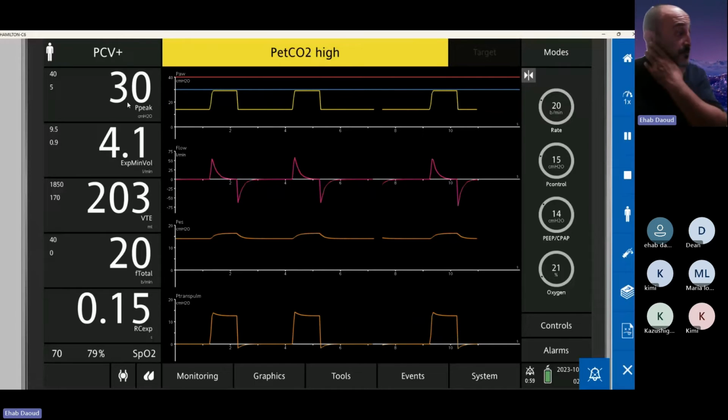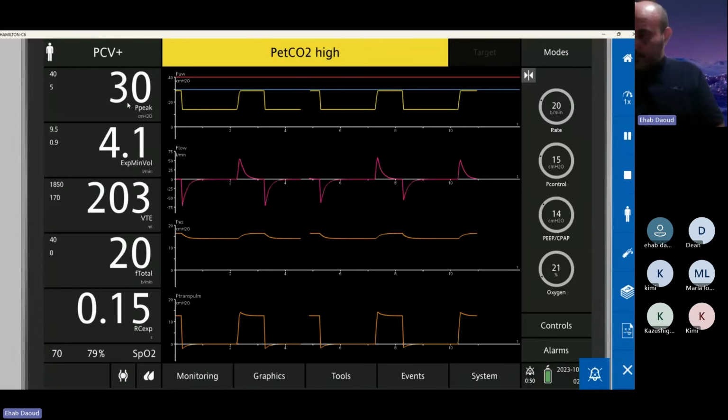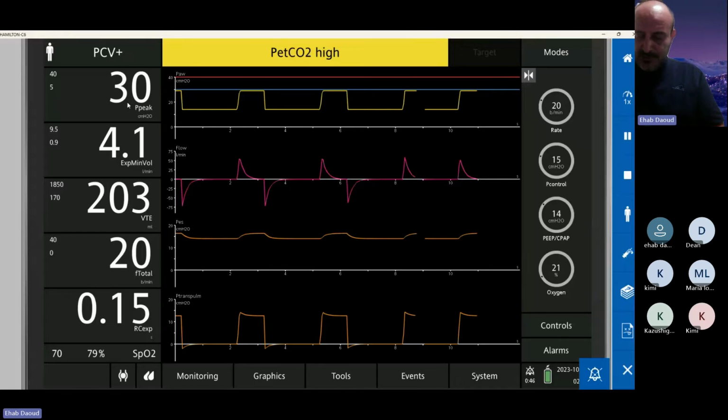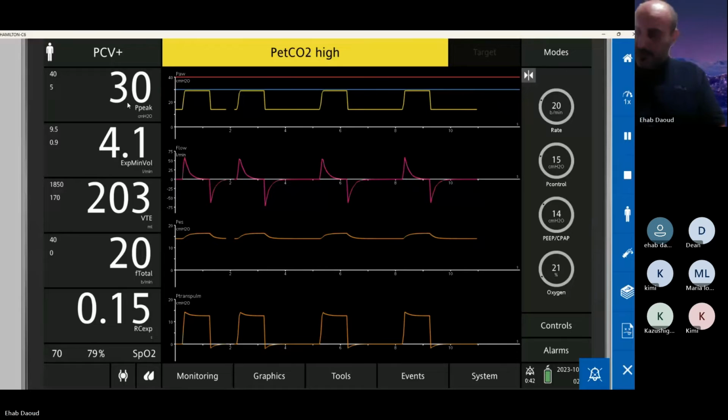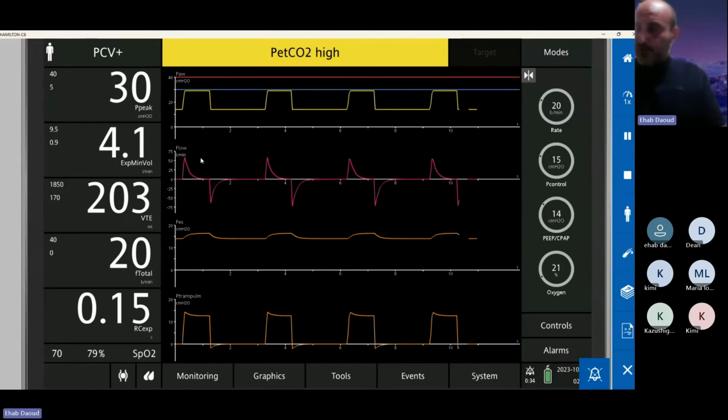I need a calculator quickly. Sorry, bear with me. So that's what happens when clinicians are not good at math. Multiplied by 20, by 0.2, multiplied by 30. Okay, so in our patient here, we have mechanical power of